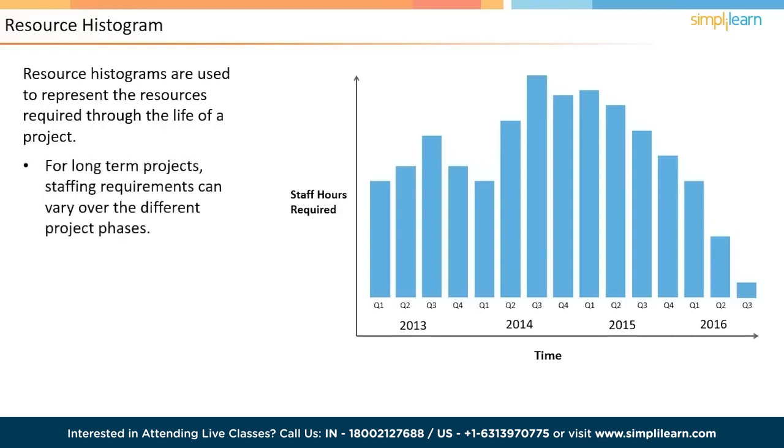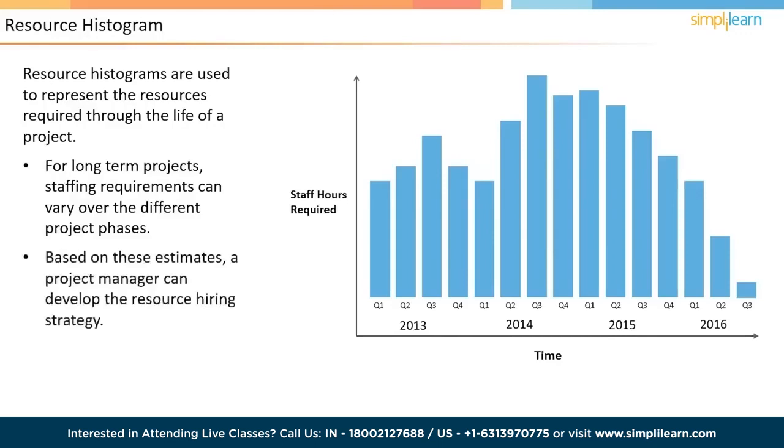Especially for long-running projects, the level of staffing needed may vary considerably over a period. This has implications for other parts of the plan as well. For example, the cost will vary as the number of resources change. This piece of information helps a project manager to understand at what time they need to onboard and offboard resources on a project. In the next screen, let us look into the second human resource management process, that is, Acquire